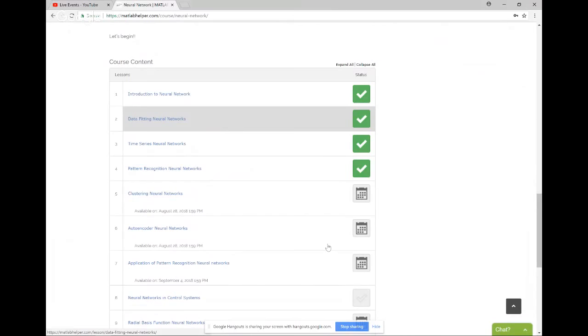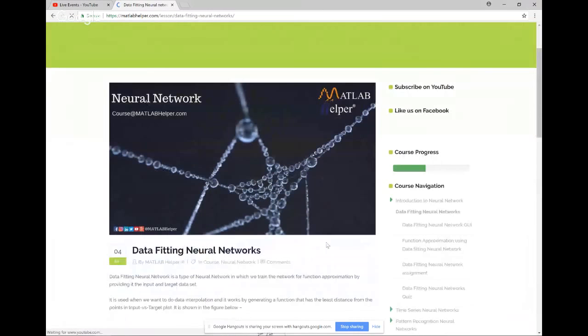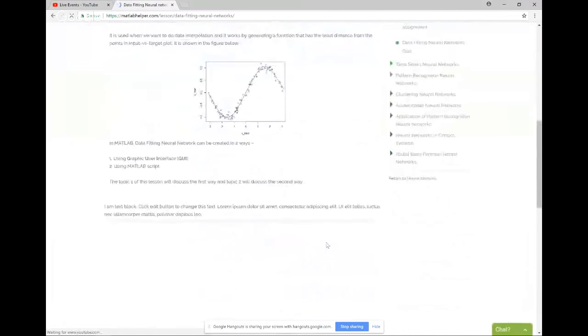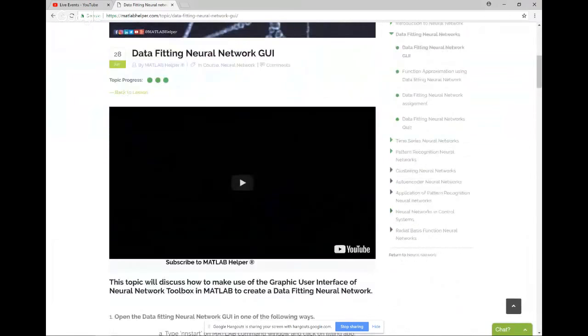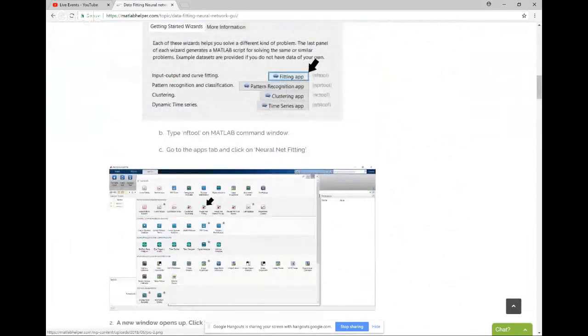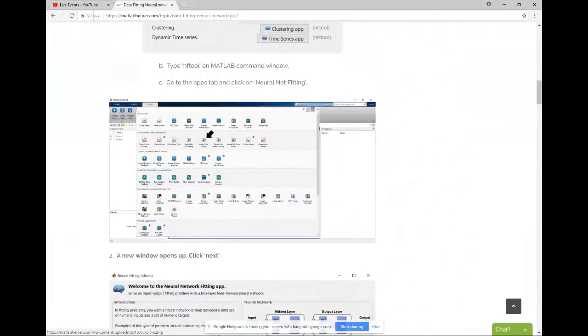Just clicking on data fitting neural networks, you'll find the course which is made by our experts as well as verified by our experts, and it will give an in-depth knowledge of what you want to learn. It has all the steps along with screenshots.